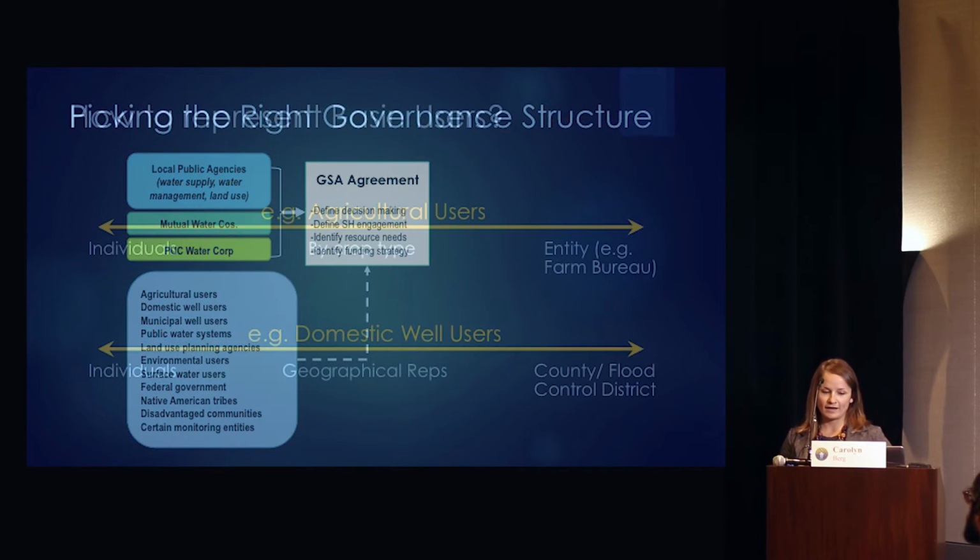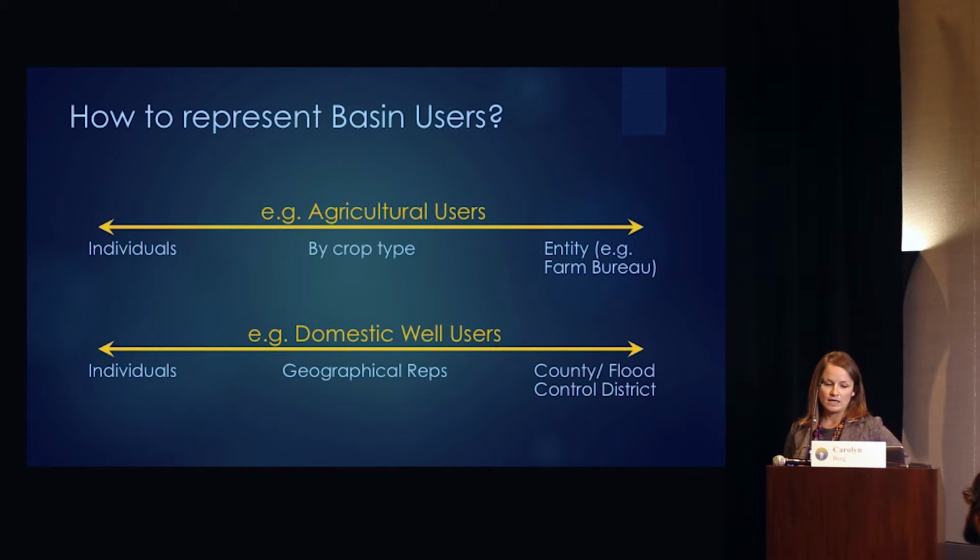So I think we've heard about that a lot over the last couple days. And when I'm looking at, like I said, we have some of these basin users that may not be well represented. So we need to start working with them to understand what a good representation would look like. So when we talk about maybe the agricultural users, do they just want to be engaged on an individual basis through stakeholder engagement? Or is there some way of bringing them in an advisory or representative mode on a GSA